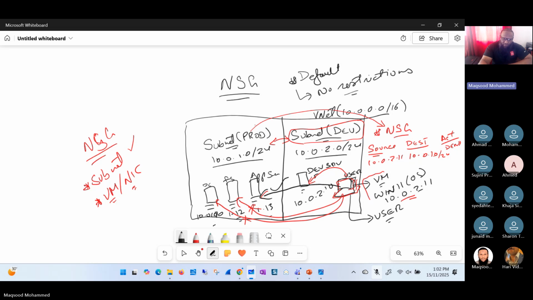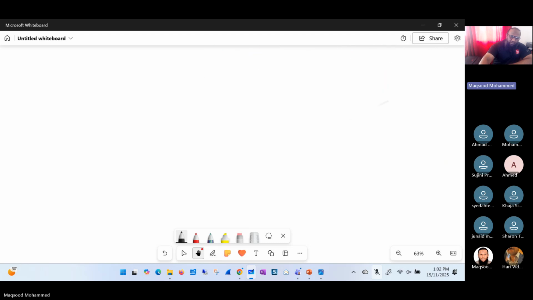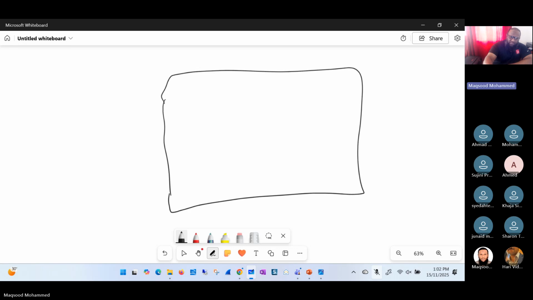You can apply the rule on a specific virtual machine, or you can even apply the rule on subnet level. You can do both. We'll see the example in the lab, how it works. So one more scenario. We have seen NSG, a very simple, basic explanation I've done. Now let's say we have